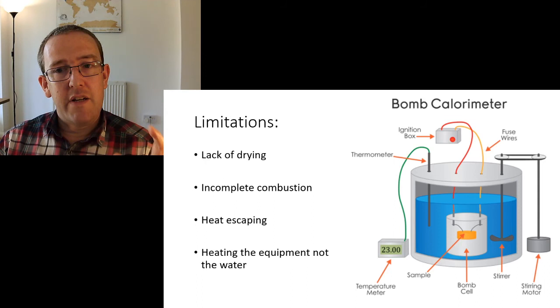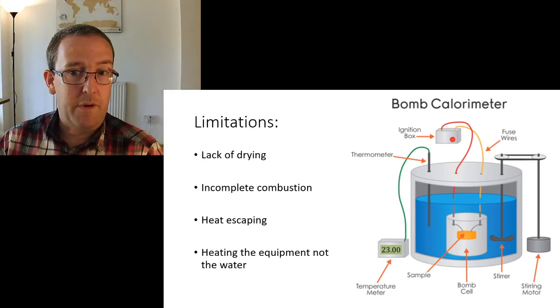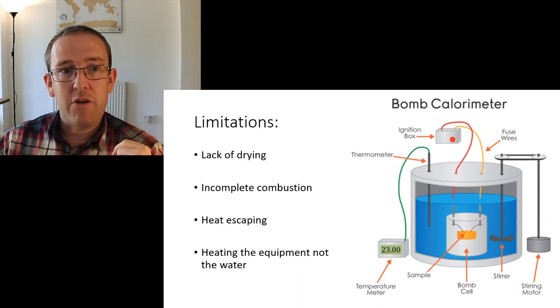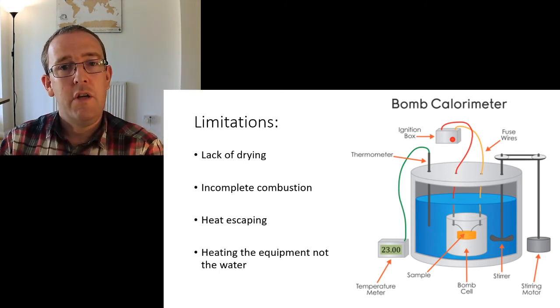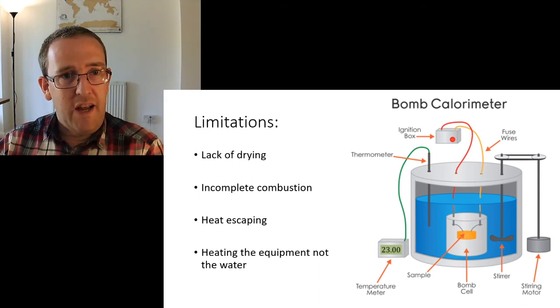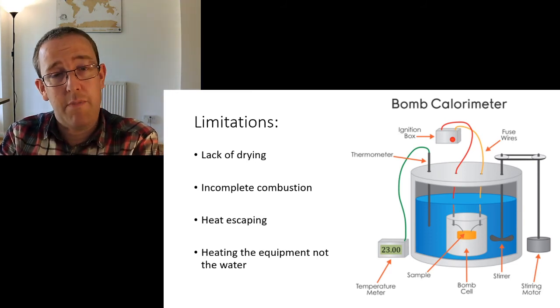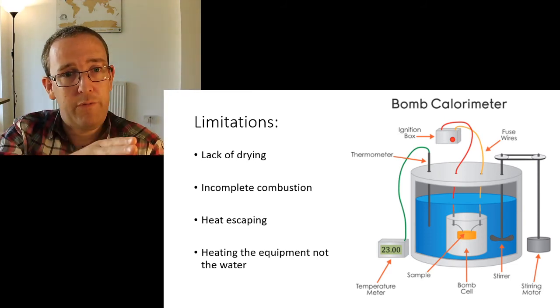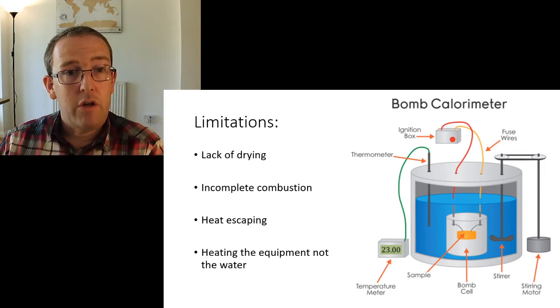So, in terms of limitations, this is what we call a bomb calorimeter. It's the best one we've got. But in terms of limitations of this process, you need to really make sure that you're drying your material out. And drying is really boring. You've got these low temperature ovens, you set them to 70, 80 degrees, and you put your sample in there. You've got to leave it for days and days and days, measuring the mass, measuring the mass. So the mass falls, water evaporates off. And when the mass doesn't fall anymore, you know that it's dry.